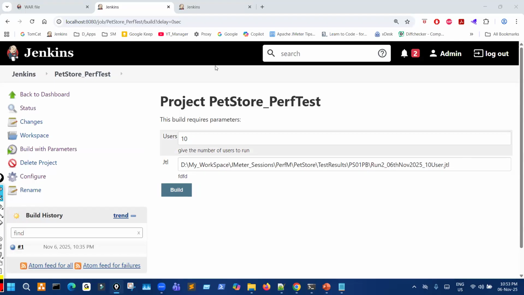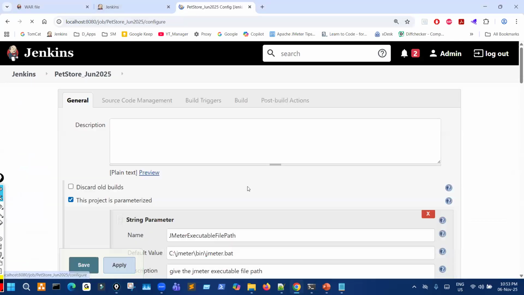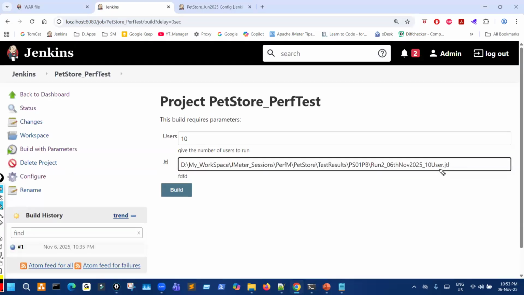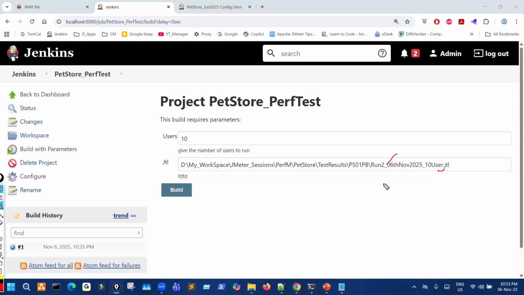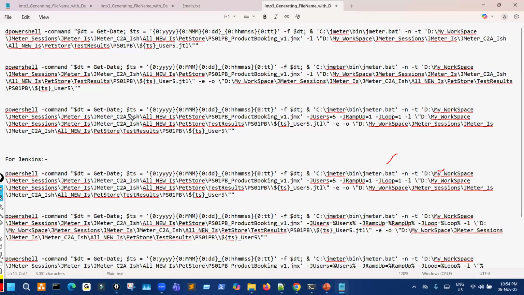Now the same thing I have done here. You can see in this, what we have done. Every time giving the JTL file is also not feasible. Every time you have to update, right? So I went with these commands, which we have used in our command prompt. You know that, right? And this was automatically generating the time, right? Remember. So same thing